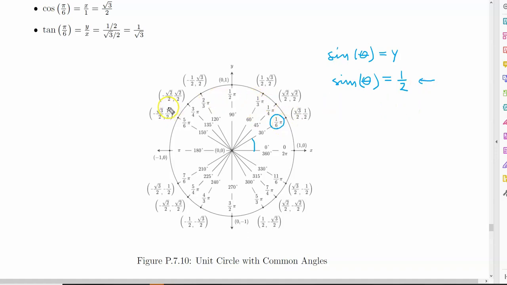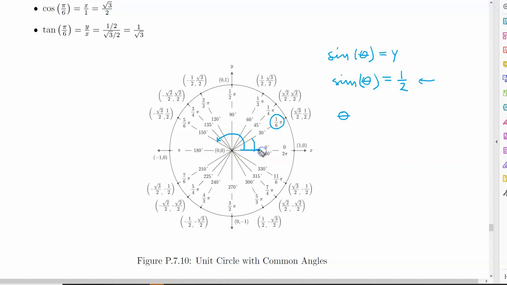If we look over here, we see another positive 1/2 in the y-coordinate. So this angle right here, 5 pi over 6, or 150 degrees, will also be a solution. And then looking around the rest of the points, there are no other points that have a y-coordinate of positive 1/2. So our only two solutions that are between 0 and 2 pi,